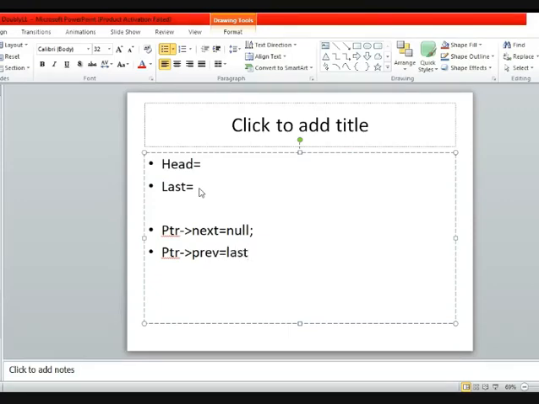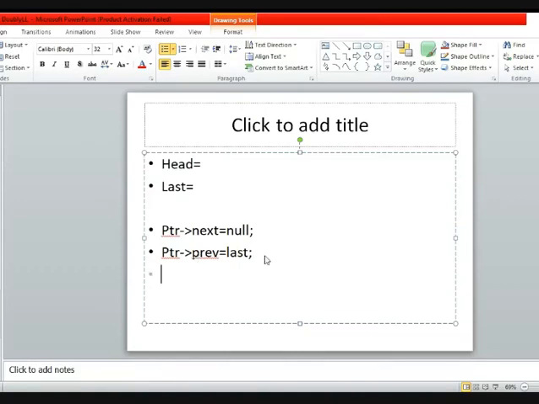And once you have maintained this last pointer, it will be easy to assign the value by using this single statement only. But if you haven't used this last, first you need to search for the node which has its next as null, and once you have found that particular node, you need to store its value and you need to maintain its pointer as well. So there will be more steps rather than this single step.